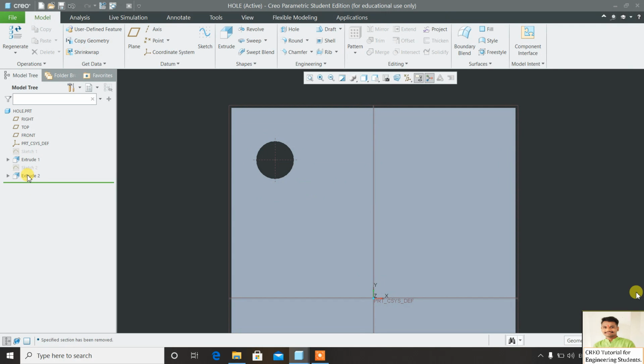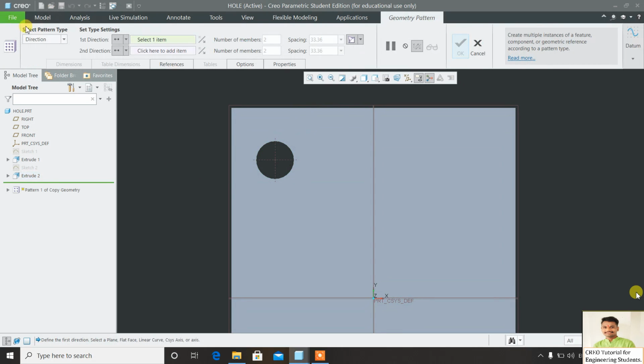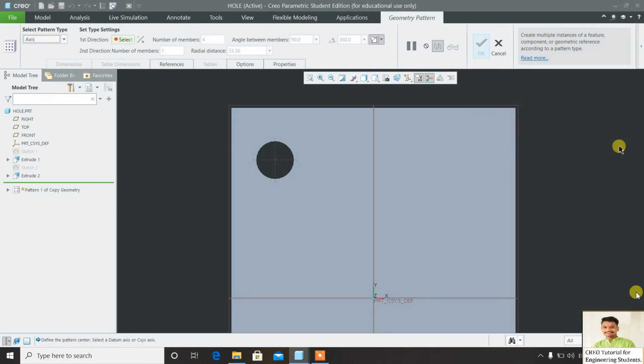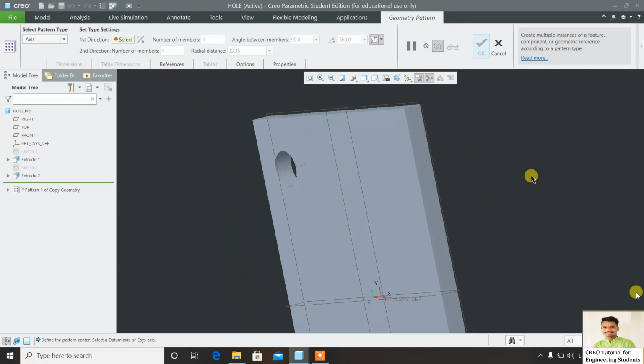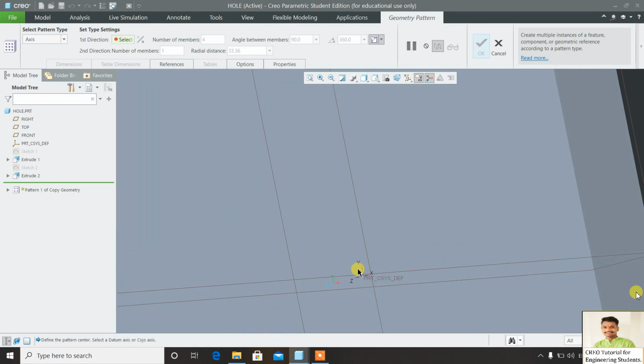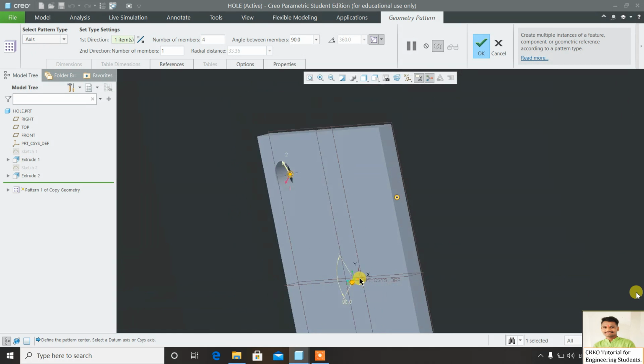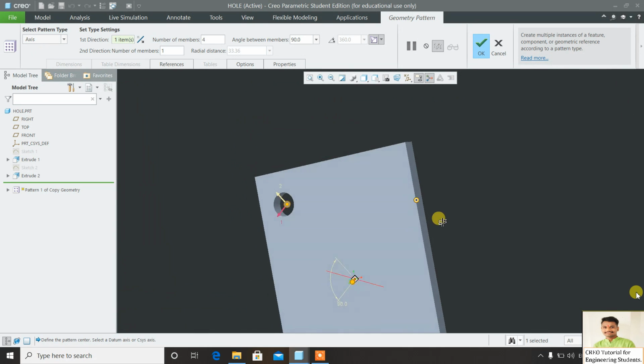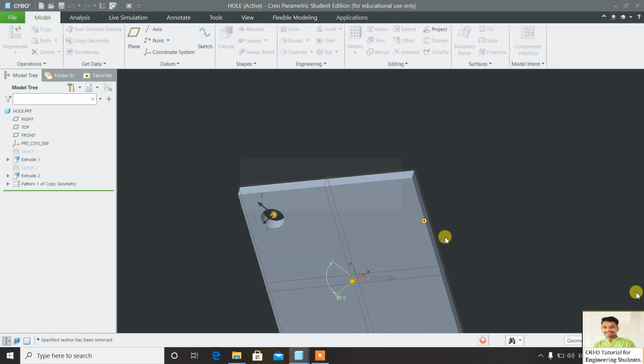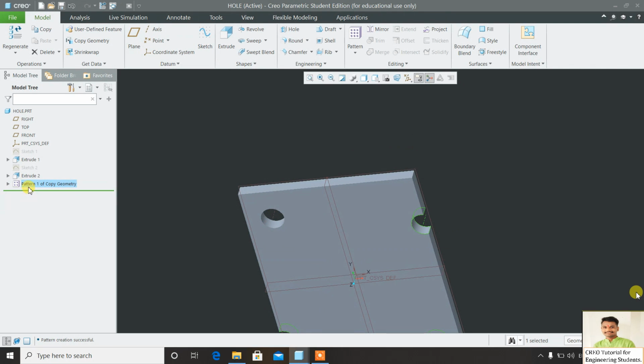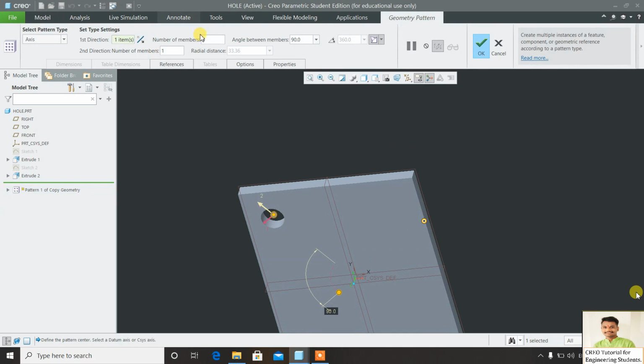For this, first of all, I will click here on extrude. That means I am selecting the circle, then geometry pattern. In this I select the pattern type as axis, then select the axis. Here I am going to select the Z axis like this. After selection of the Z axis, I am going to set the number to 4.